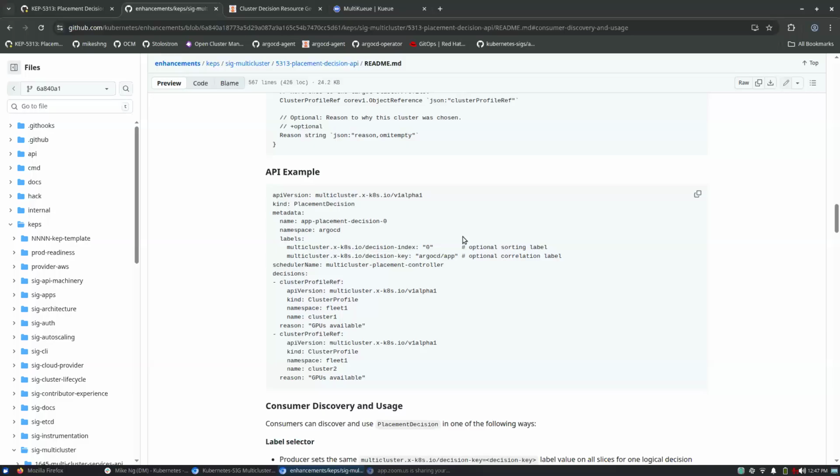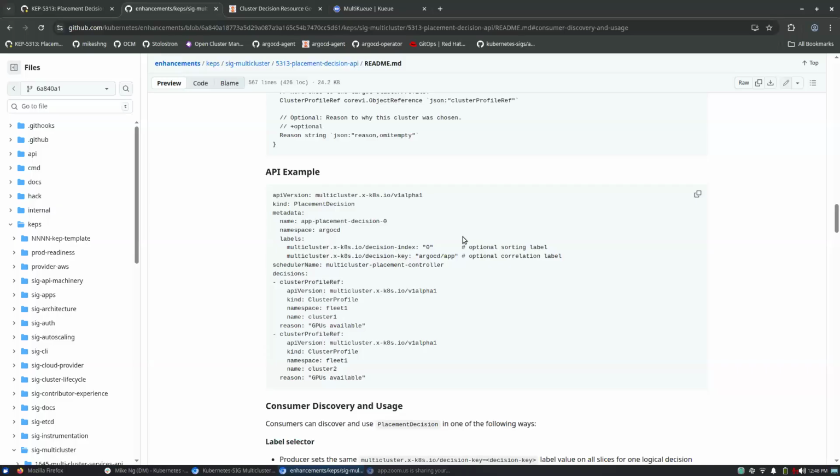It's like who is asking the question of where to put this workload. In this particular example it's coming from the Argo CD and then /app, this particular app name. And this particular app is asking, oh, where should I put my workload? And then the placement decision represents the answer to that question. And then having the key helps you group all the slices. I think we all understood that.